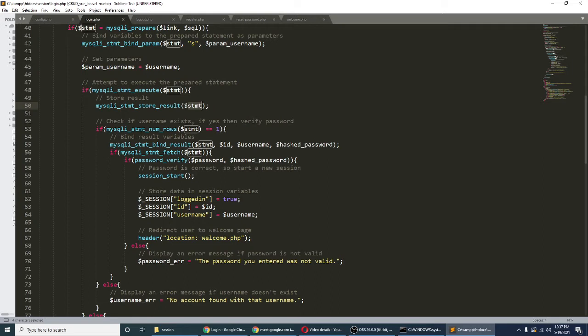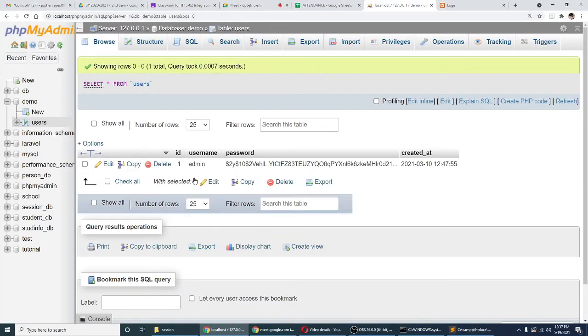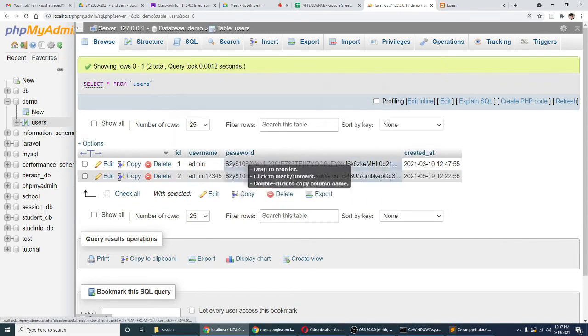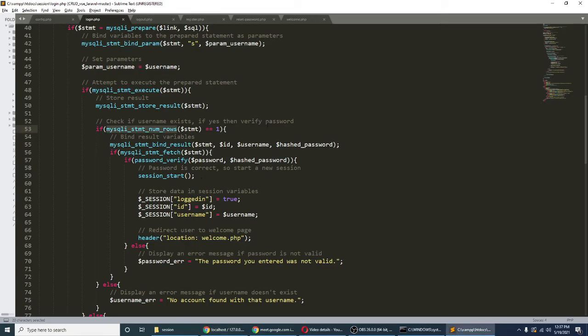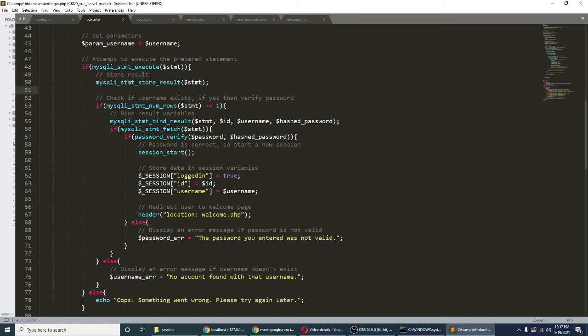And then if mysqli_stmt_num_rows, it will count the number of rows from your database here. This is our database. So we have only two records, the admin and admin12345. So if in case our program finds one record, even just one, okay, then it will bind